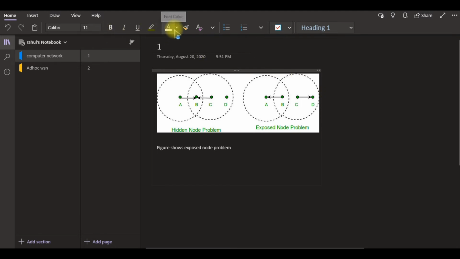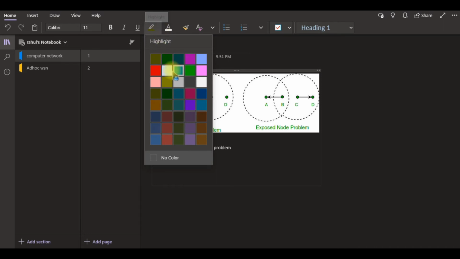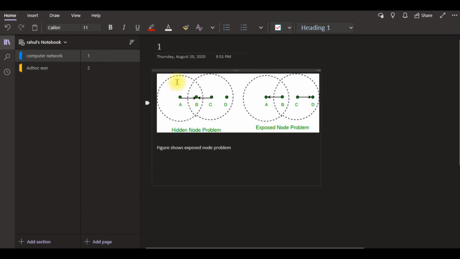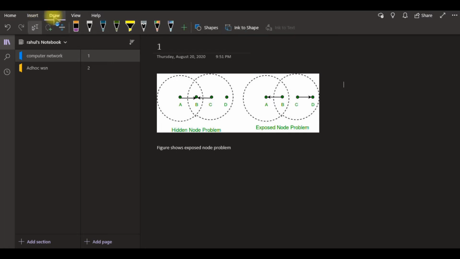Then you can change the font color here. Instead of white, you can use multiple colors, and formatting, just like whatever the options available inside Microsoft Word, you can do that. And if you need to use some other markers, yeah, you can use those markers also. And font size, you can draw something. And the next option is highlighting.